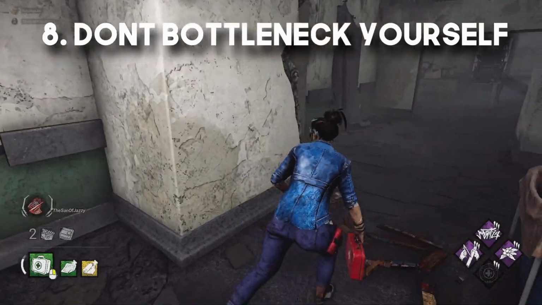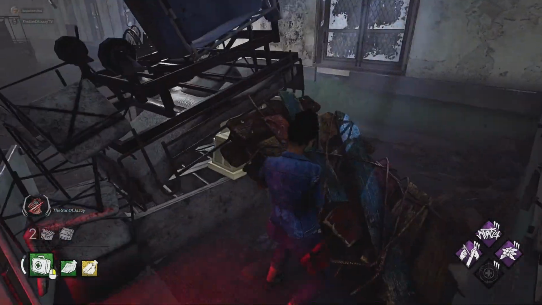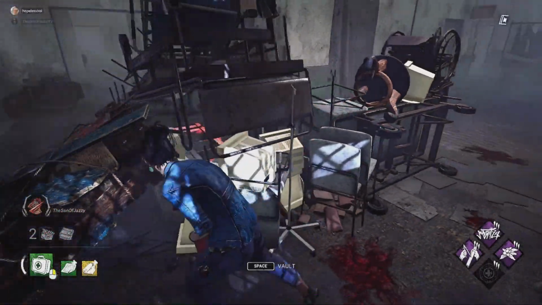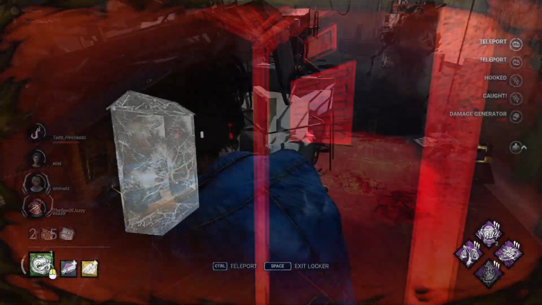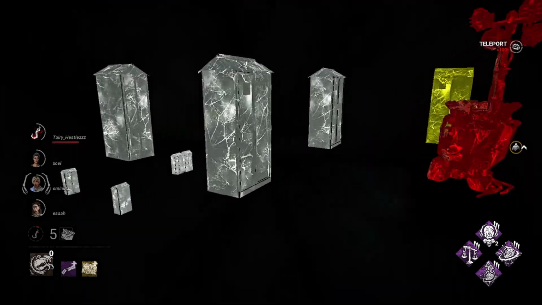And finally, do not bottleneck yourself into loops like this if you can help it, as against the Dredge, loops like this are incredible for more or less a guaranteed hit. All he has to do is be a little bit patient and he will get the hit one way or another. And there we are, folks, everything you need to know about the Dredge,